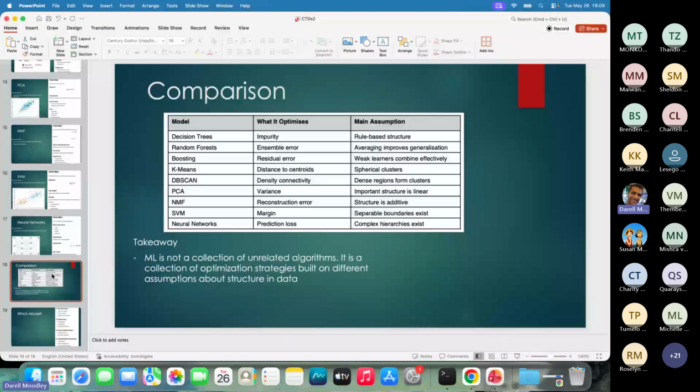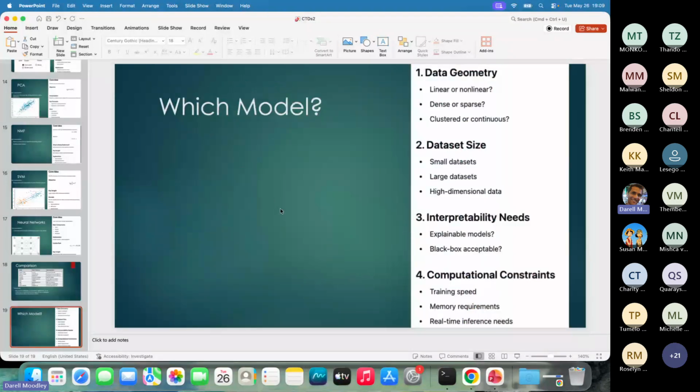Okay, lastly, comparison. This will summarize it up. Random forests, boosting, k-means, etc. I'll actually just leave it for you to read through. I'll make this pack available. I encourage you to read through it and familiarize yourself with these key points and the assumptions that they make. All right. The last one is something some of you ask, and you may be wondering,